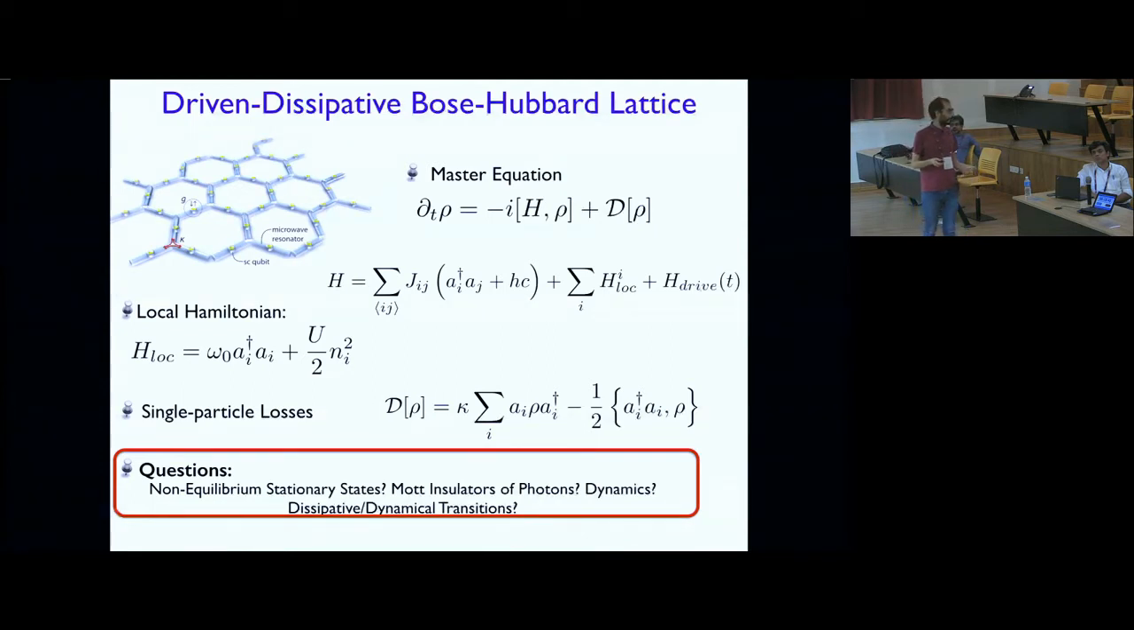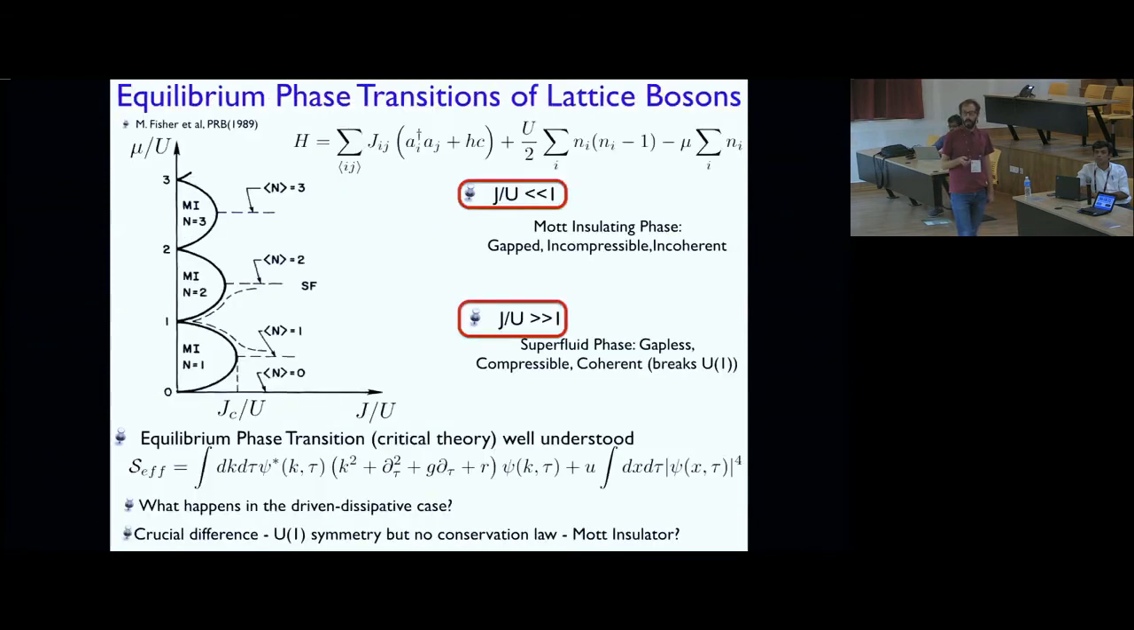And the question that I'm after here is what is the many-body non-equilibrium steady state of the system? Can I stabilize a Mott insulator of photons? And what is the dynamics? What are the transitions that I can see in this model? And just as a reminder, this model in equilibrium has been studied